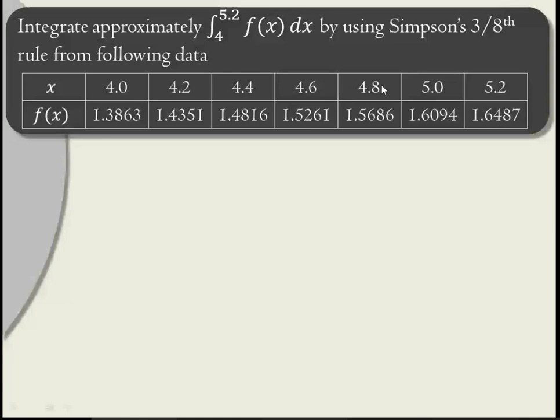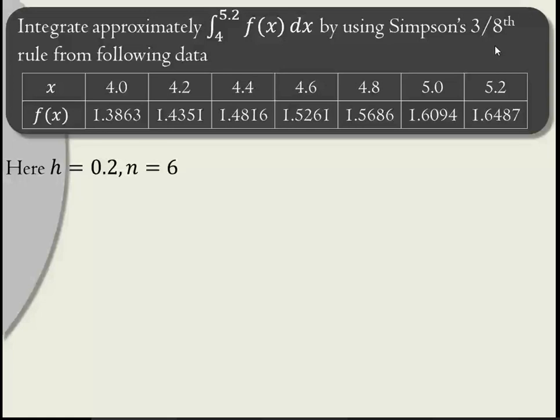So h is 0.2. This is x0, x1, x2, x3, x4, x5, and x6. So n is 6. Total number of terms minus 1 will be n. So n will be 6, and it is a multiple of 3. So we can use the 3/8 rule. So h is 0.2, n is 6, and by using the 3/8 rule,